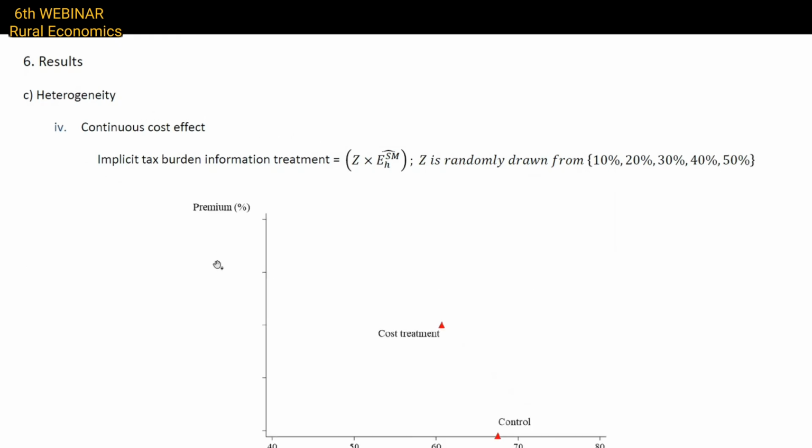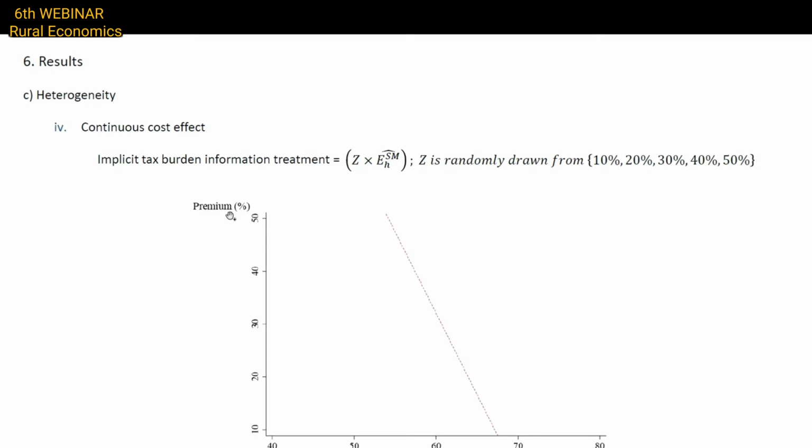So this is just a crude illustration of our extensive margin effect. Support among the control group was about 67%. Support among the group that got the cost treatment was about 62%, right? So there's a difference. Now, what I'm trying to visualize here is within that group of 1,200 people,